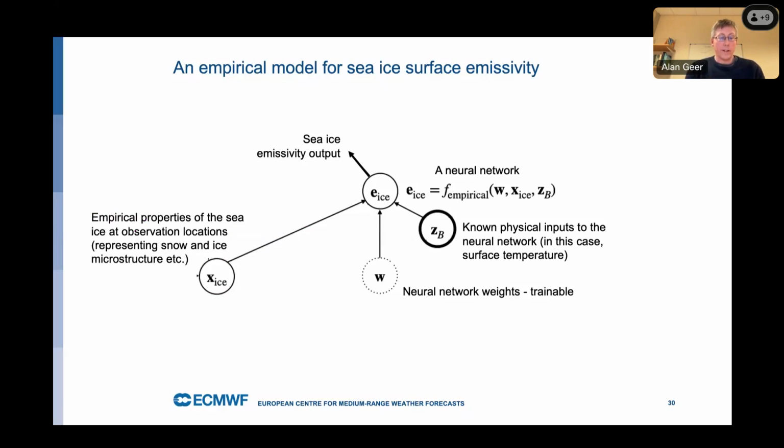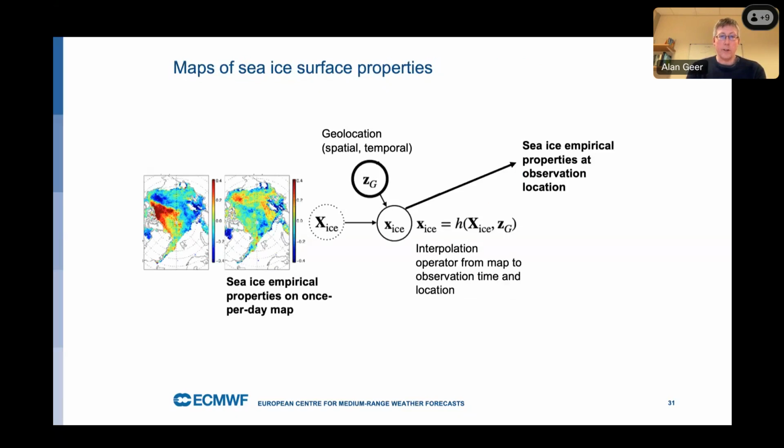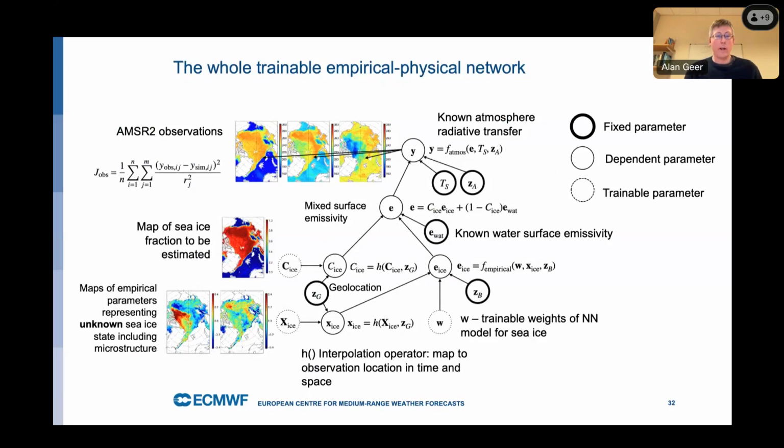So here, X ice is those statistical properties of the sea ice that affect the observations. And just like for the sea ice concentration, it's going to be learnt on a map, and there's going to be an observation operator to map to the properties of the sea ice at the observation locations which are needed for each observation. So we build up this whole network where the three main trainable parameters are based on a cost